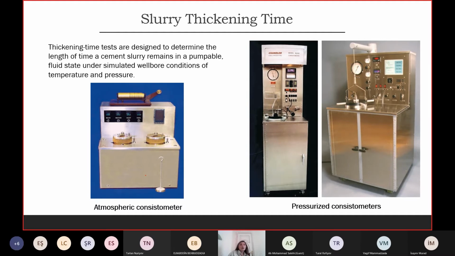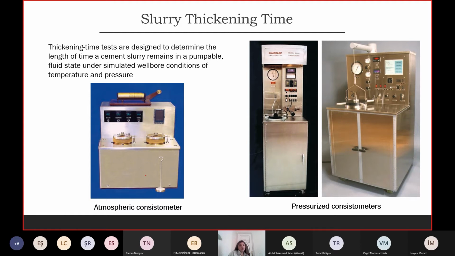But today we have very sophisticated software. They estimate bottom hole static temperature and bottom hole pressure very accurately,